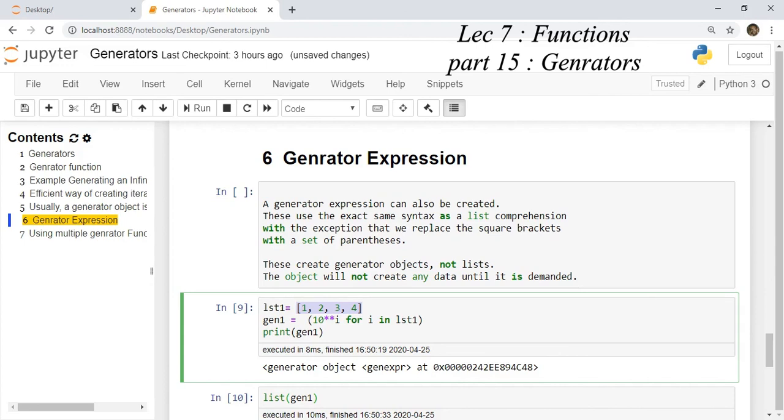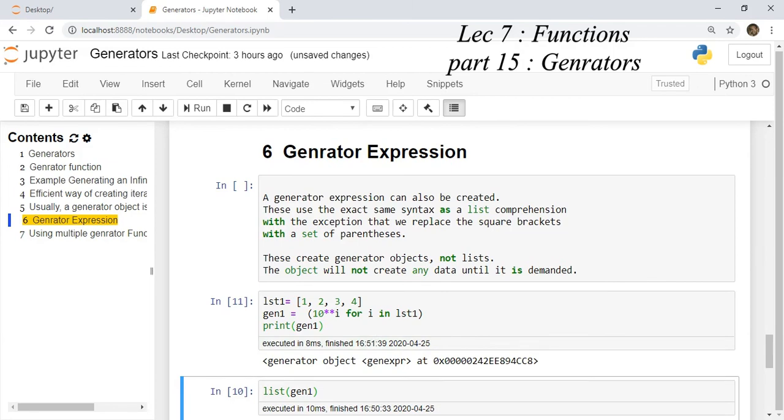You have to give the expression 10 to the power i for each element i in this list. This is a list comprehension expression, just enclosed in opening and closing parentheses. This will return a generator object, which is an iterator, apart from a list. Click on the cell, run the cell, you see the output that it is a generator object.